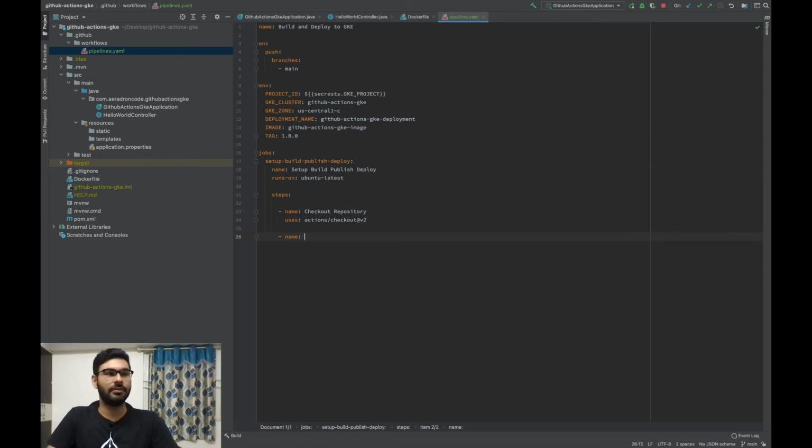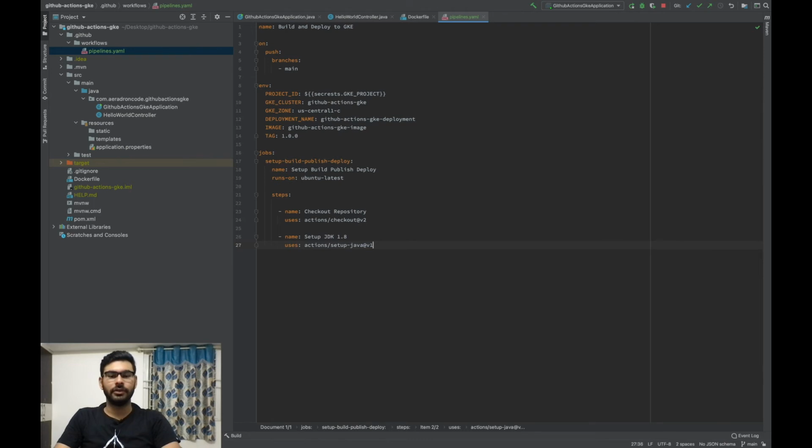So we will name this as setup JDK 1.8. So it will use actions/setup-java@v1.